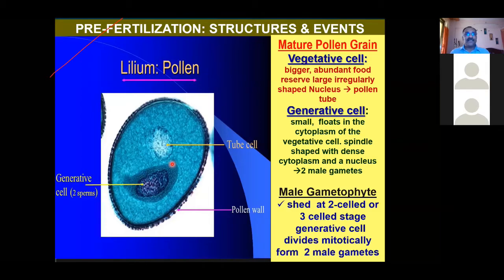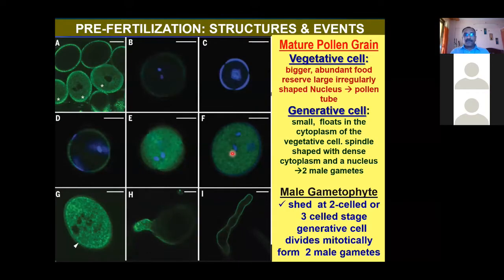Now you see this is the photograph of the pollen grain in various stages. We were talking about the mature pollen grain. Now this is the original photograph. When you observe this mature pollen grain, you see the pollen grains are passing through various stages from this stage to this stage. You can see two nuclei clearly here, and finally through the germ pore the pollen tube is coming out.